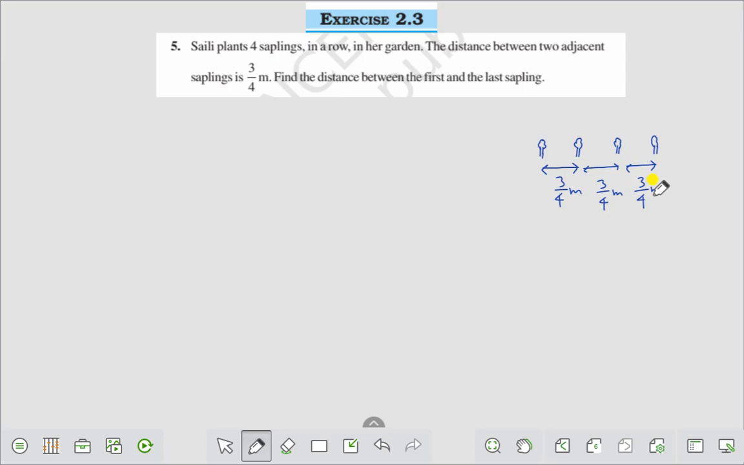Therefore, the distance between the first and last sapling will be the sum of 3/4 meter plus 3/4 meter plus 3/4 meter. Here you see the distance between the first and second is 3/4, between second and third is 3/4, and between third and fourth is 3/4 meter. Therefore, we can say that